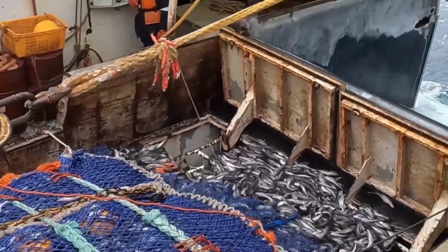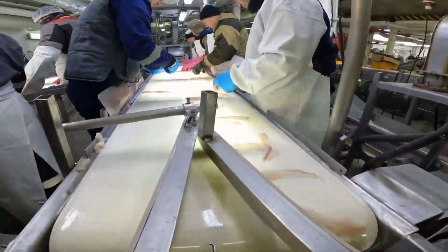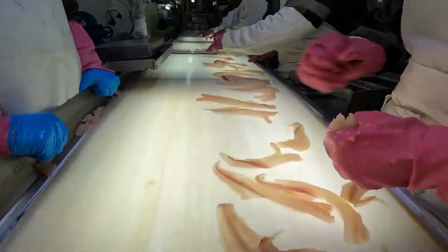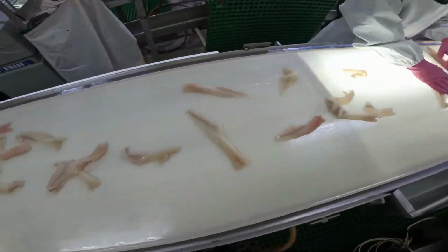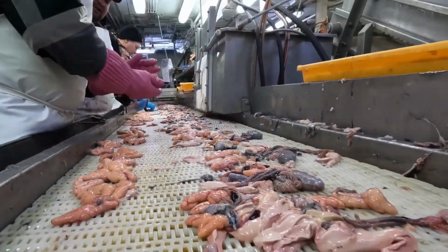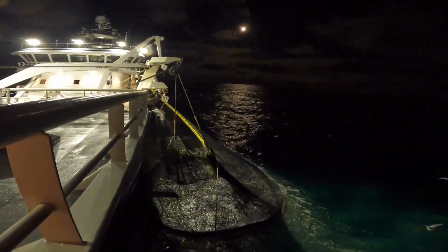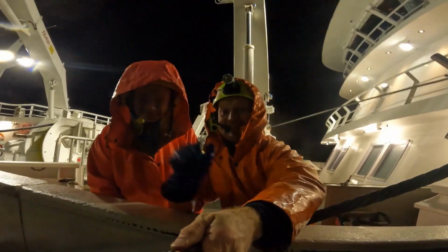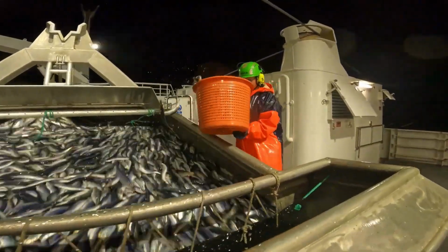Here, the fish are no longer individual fish, but a mass of living goods, needing to be sorted, frozen, packaged and shipped the same day. Every minute of delay is a risk to quality. Every trip is a strategic battle, where the smallest mistake can cause the entire catch to drift away. And that is the difference in the Japanese fishing industry, where technology and labor become one. Where fishermen are not just fishermen, but warriors, experts, and keepers of the pulse of an industry worth billions of